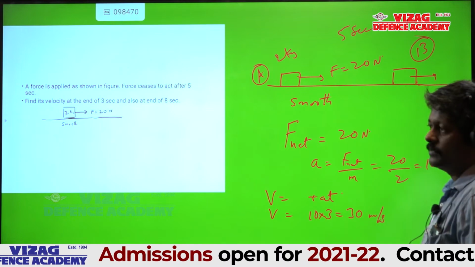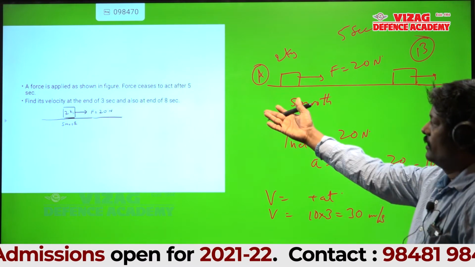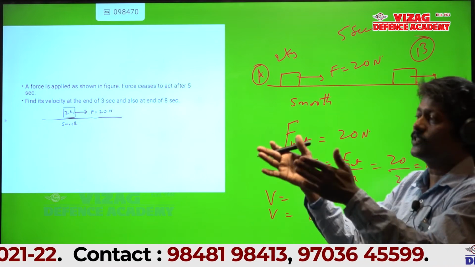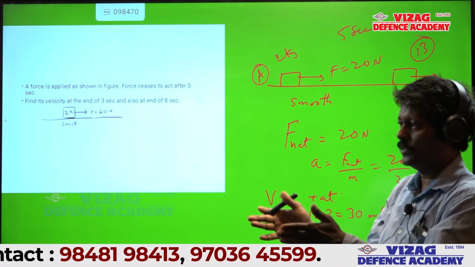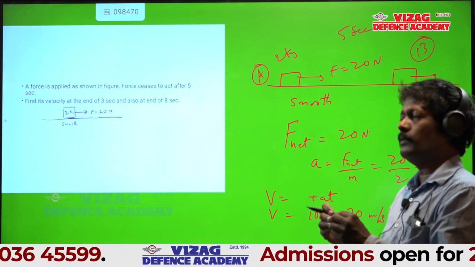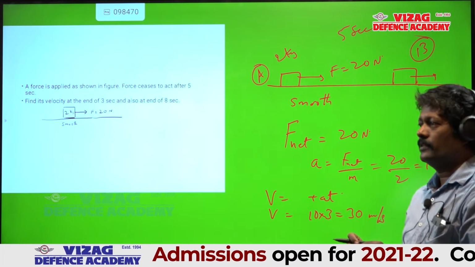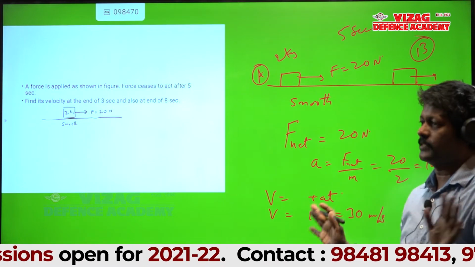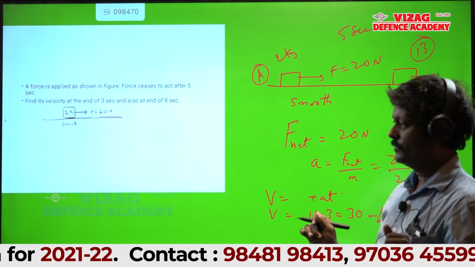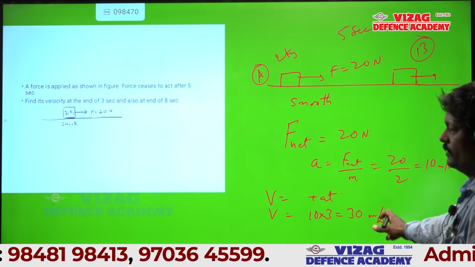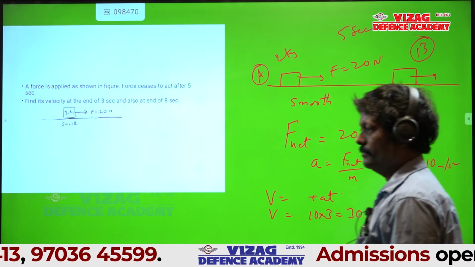Here, u is equal to 0, sir. Yes, because the body is on the floor. It's from rest. The body starts from rest. Very good. Because if I don't mention initial velocity, you should understand that it is starting from rest, that's all. So u is 0. So what is the velocity? 30 meters per second. Write down till there first.